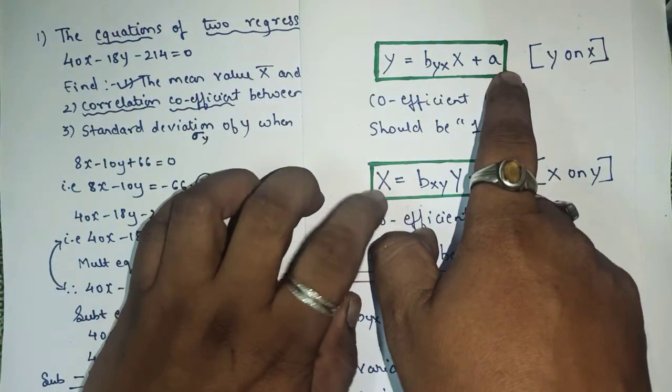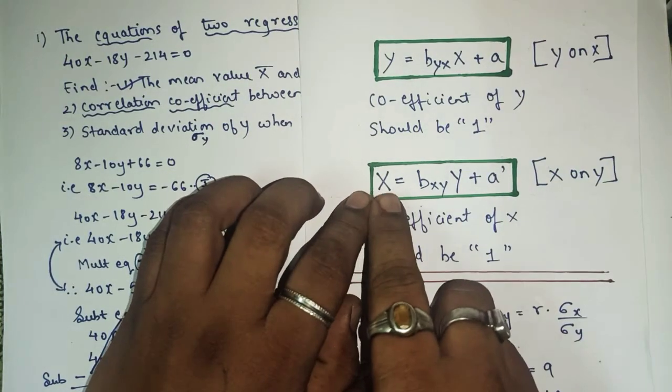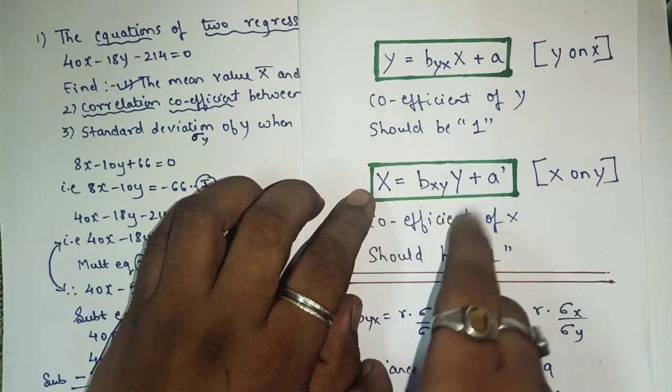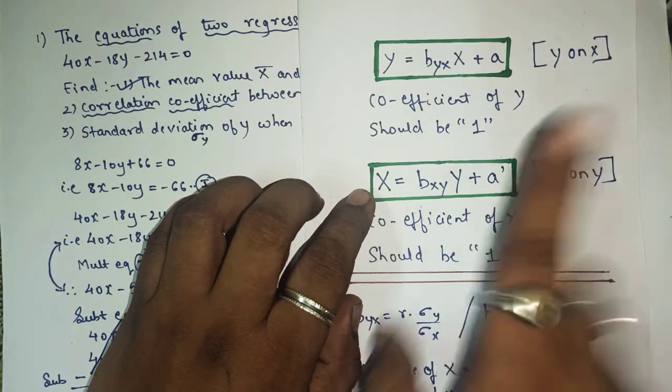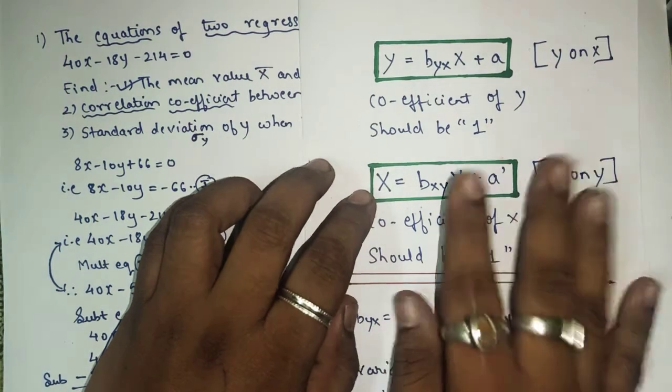So that's why it is y on x. What do you mean by x on y? On the left hand side x is there, and on the right hand side y and the number are there. Okay, now what you will do,